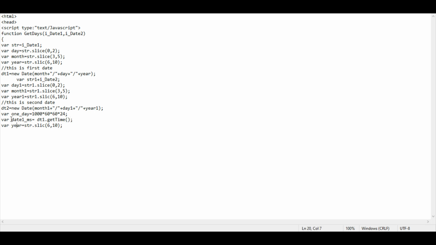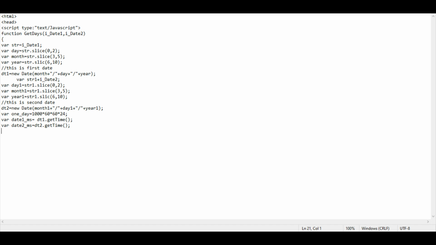Same change has to be put in here, but it is little different. Date 2 underscore ms equals to dt2 dot getTime close brackets. We move forward to our next line.